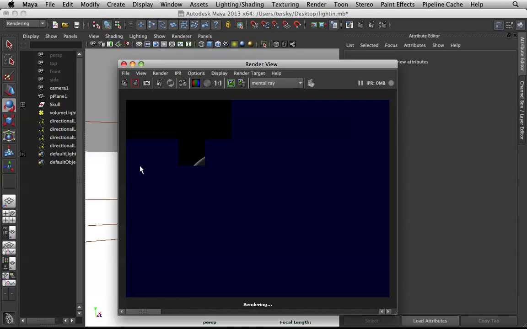So as you can see, the aliasing problems are gone. The lights are blending quite well. The noise is gone because we increased the samples in all our lights. We're not using final gather. Now if I was not recording, this render would be pretty quick actually, since we did not use any indirect lighting. We're only using cheap lights. We didn't use any area lights. We didn't use any spotlights. And yeah,